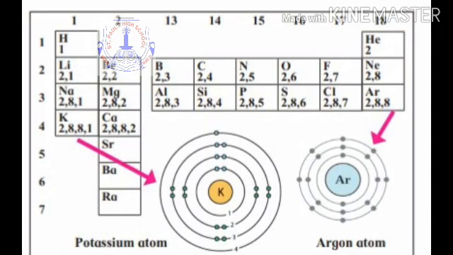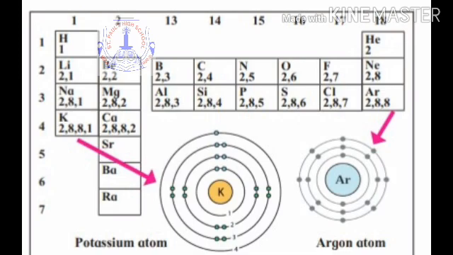In this particular board, you will find I've listed some important groups here: 1, 2, 13, 14, 15, 16, 17 and 18, and some important periods from 1 to 4. Now here we will be learning in this periodic table that the properties of the elements will somewhere be the same. Sometimes you find gradations, so there are similarities and gradations in the properties of the elements in the periodic table. We will see now where we find similarity and where we find gradation.